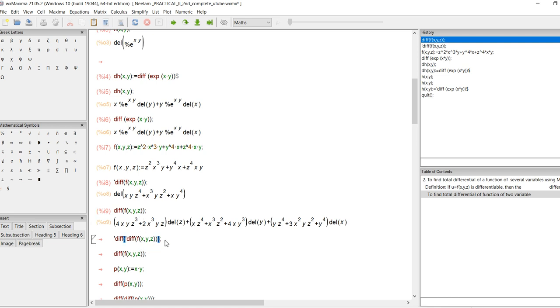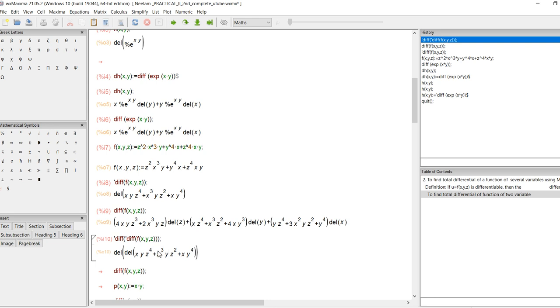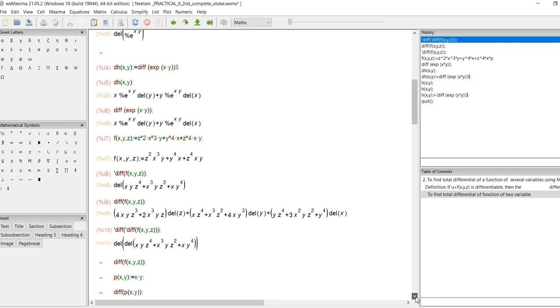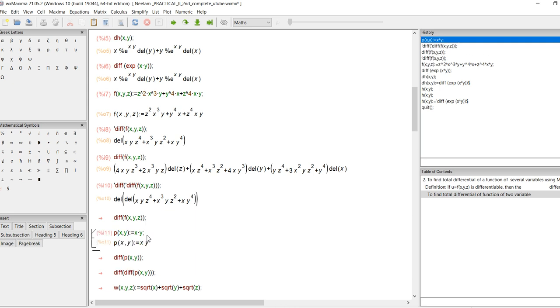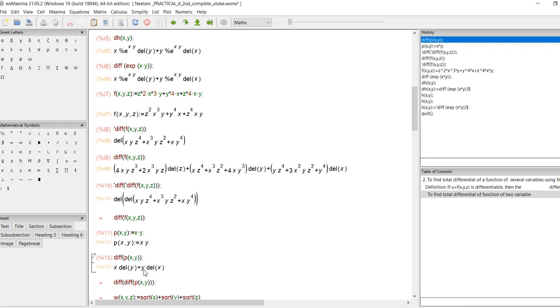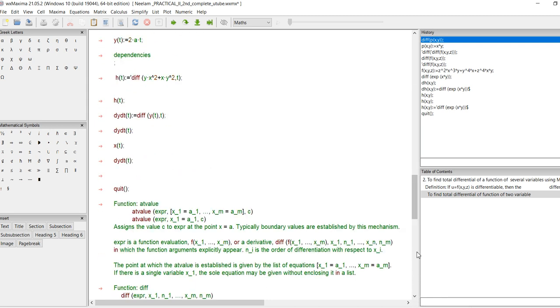There is another way also. Suppose you want to differentiate two times the total differential. This is the notation. But we will not ask this question because we are just practicing the total differential of a function of 3 variables. Suppose you are taking the function of 2 variables, that is x and y. What will be the total differential of this one? Yes, the differential is y into d of x, so you can check your answer, this is y del of x plus x del of y. In the book you will write the total differential of this one is